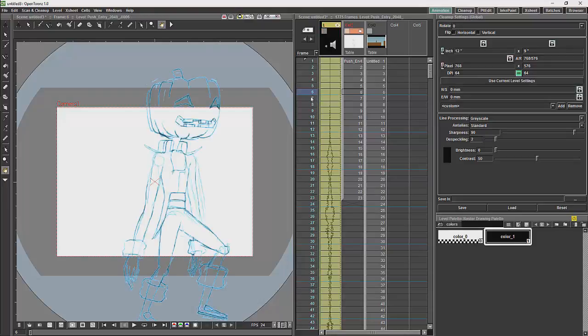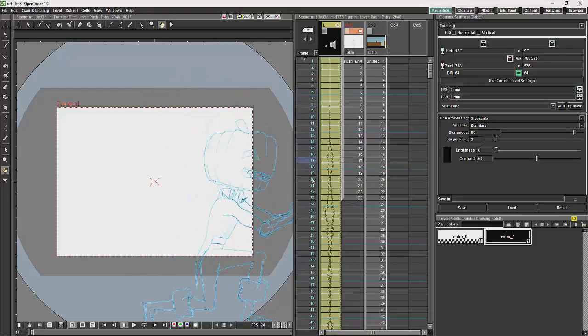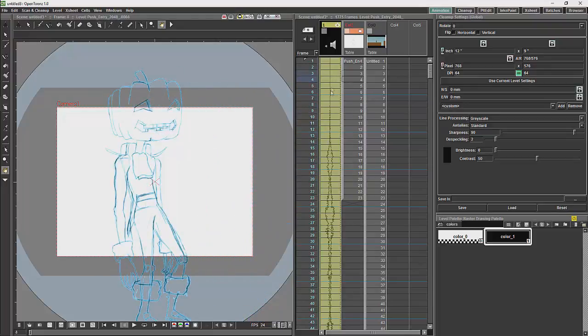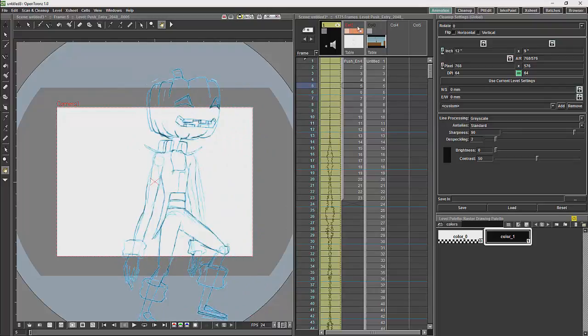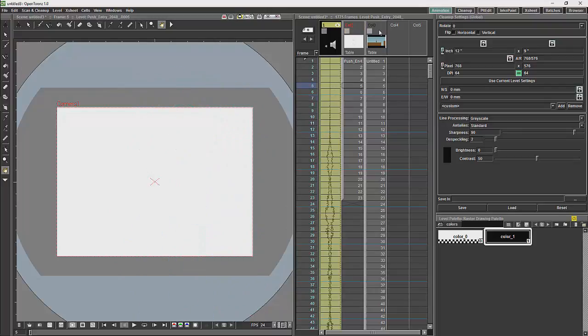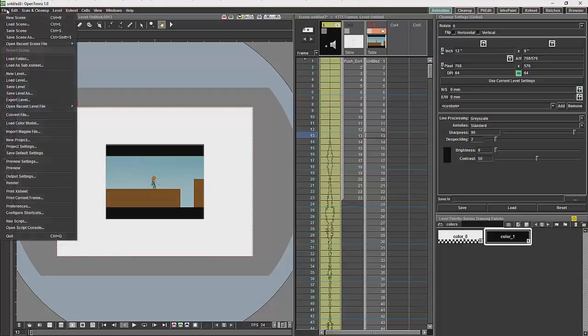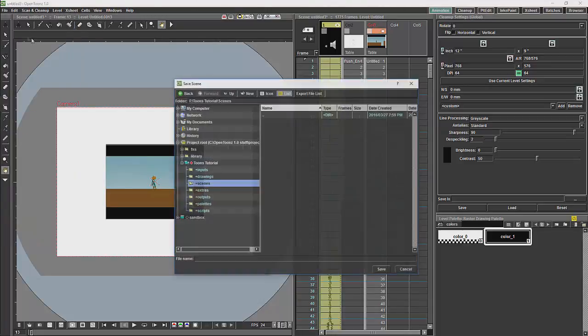We then have our still images, which you can see through the timeline, and our final one will be our movie, which has been converted into still images as well. Save the scene as